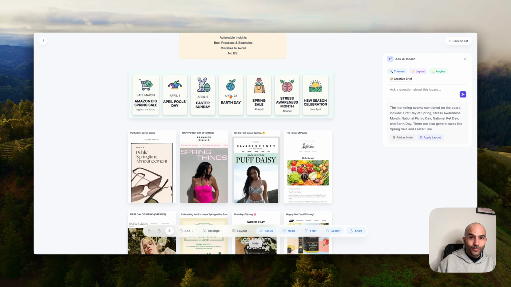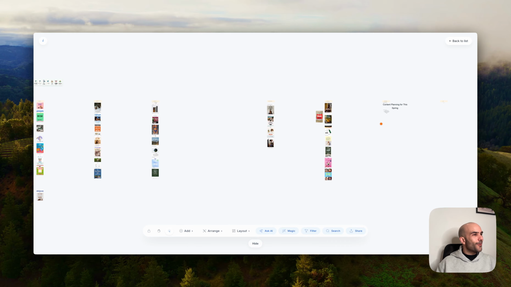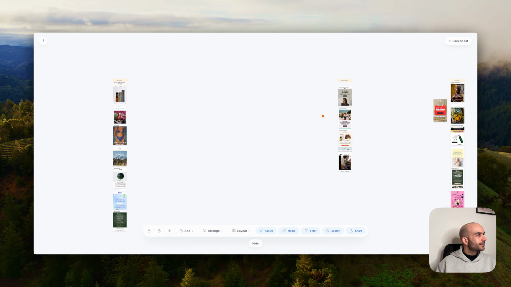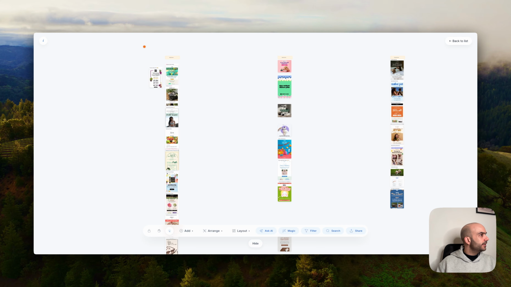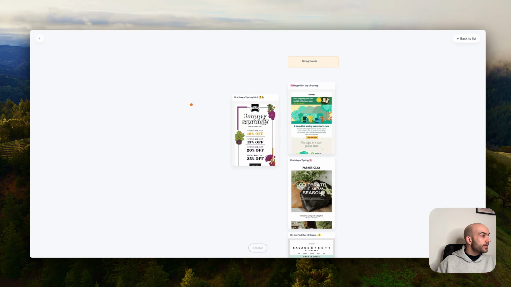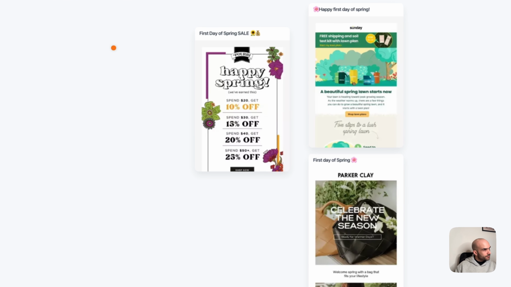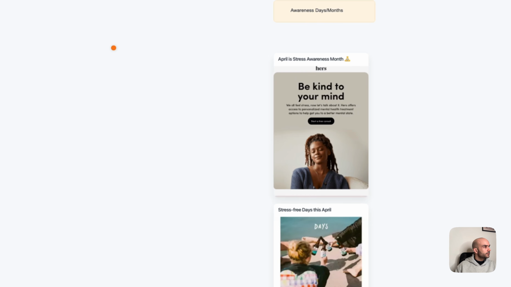Now there's something cool from Panorama as well. I could apply this as a layout. And here we go. The platform just automatically sets for me the main events here. Automatically identifies spring, the spring sale, the spring clearance, and everything specifically related to spring, Easter, Pet Day, Earth Day, Awareness Month,